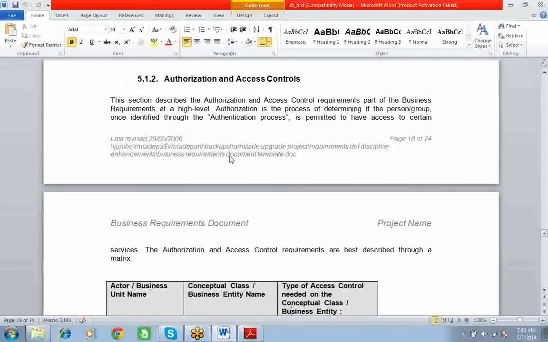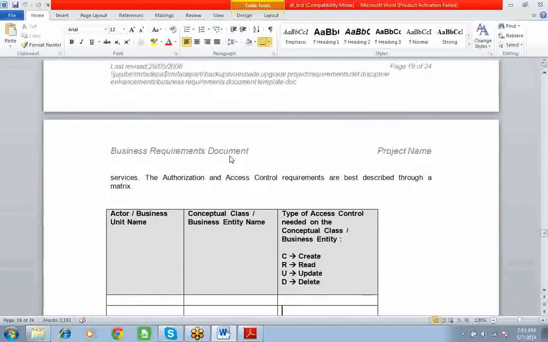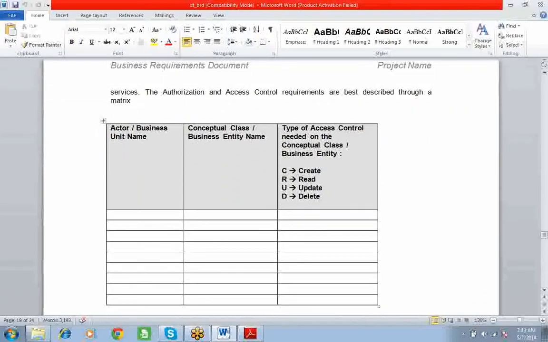Authorization and access controls. I mean, to whom you are going to give access, whom you are not giving access, correct? So let's see. Actor, who is an actor? Let's say manager is an actor, and here I can say create, read, update, delete.